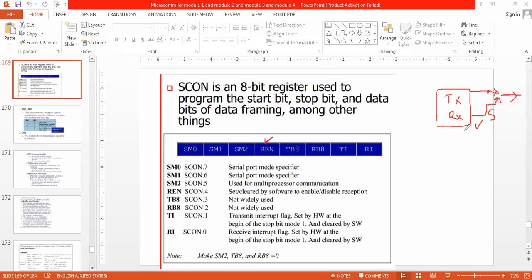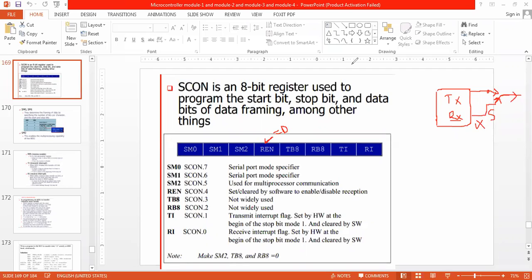When I enable REN, when REN is equal to 1, I am enabling the receiver mode. It means the connectivity will be towards the receiving pin, so there is a disconnectivity for transmission. And when this is equal to 0, I'm disabling the reception.